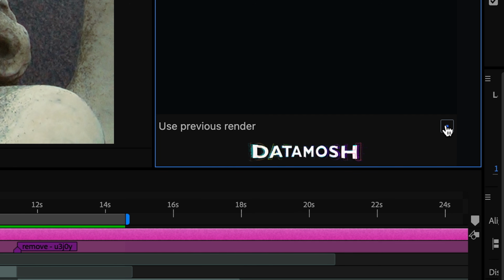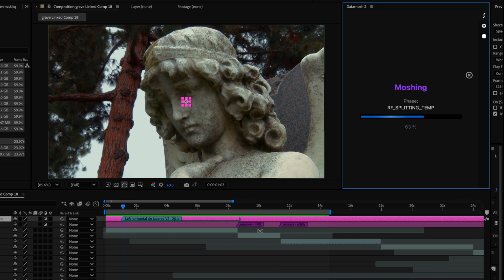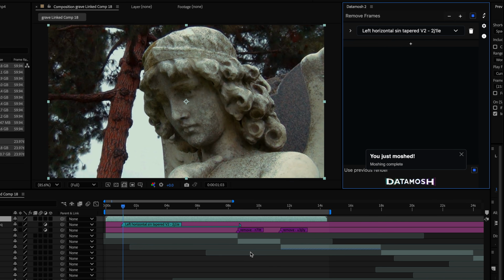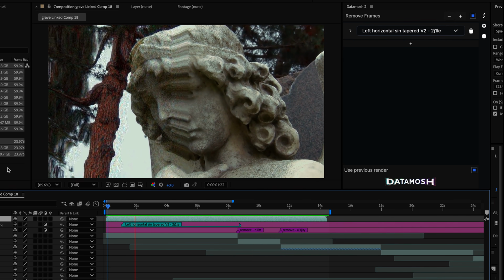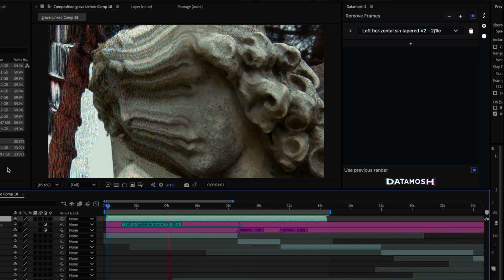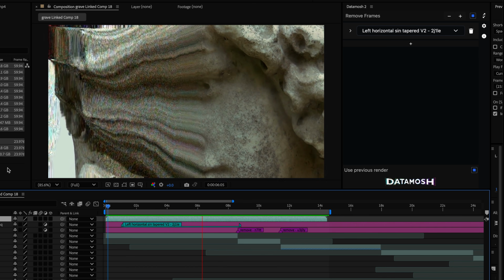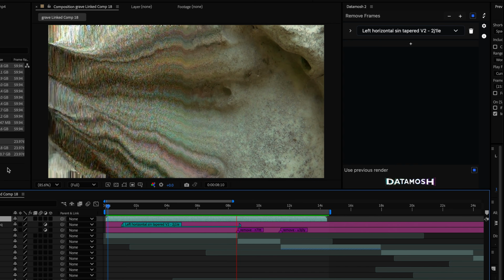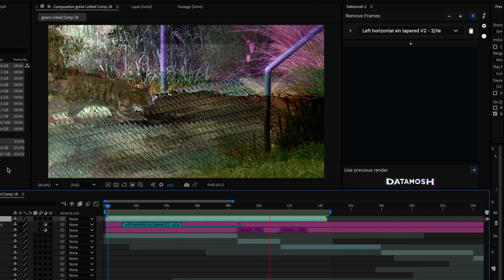And since we haven't made any changes to the actual picture, we're going to use the previous render so that it doesn't have to re-render the image. It's just going to Datamosh. And then you'll see here that by adding that effect, it's actually moving the pixels as it moshes, and it creates really interesting effects. And this is something that you can sort of experiment with and see what looks good,